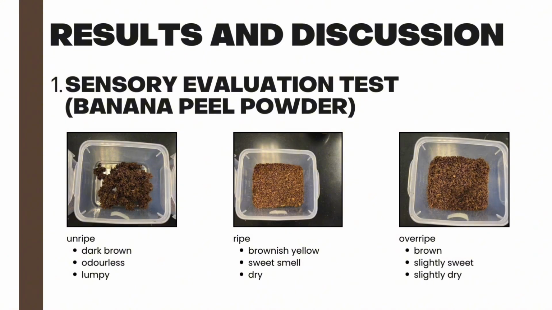Unripe is a dark brown color, odorless and lumpy. Ripe is brownish yellow, sweet-smelling and dry. The ripe powder also had a sweet smell. Research by Nur Shihani in 2020 showed that the sweet smell is due to the presence